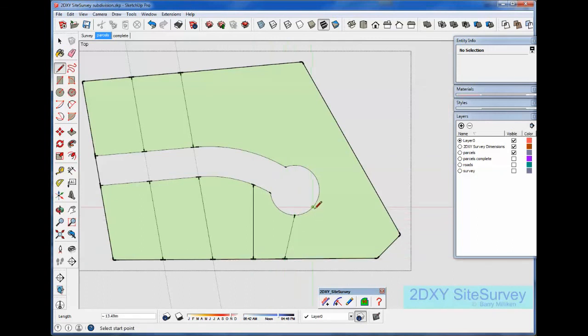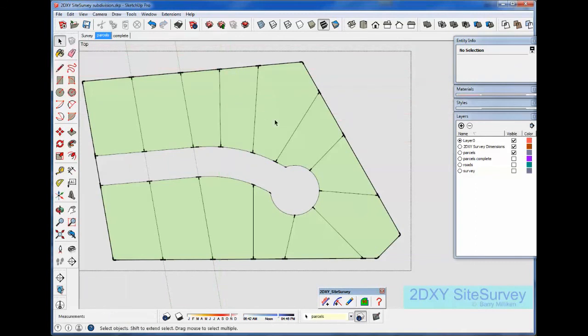Obviously I'd take much more care in doing this exactly in designing the real lots, but as an illustration I'm going to show less care. That's not connected. Let me make it connected. Alright,